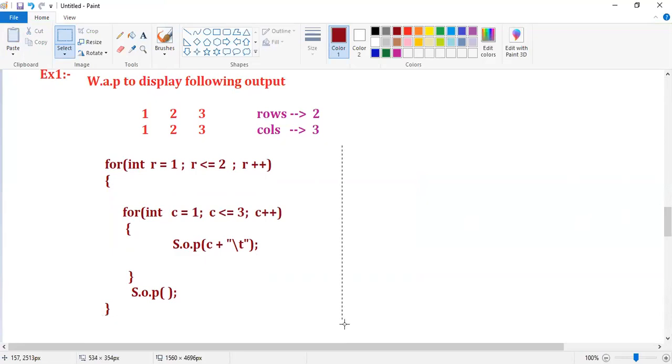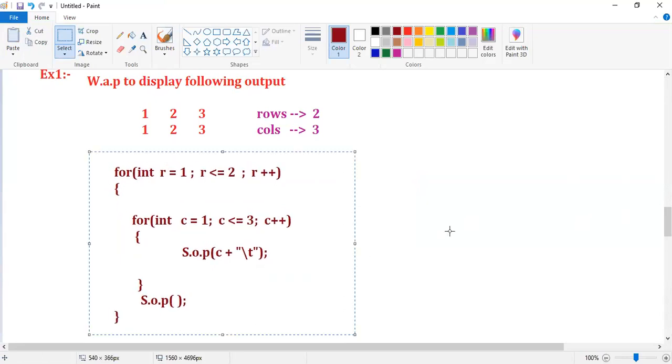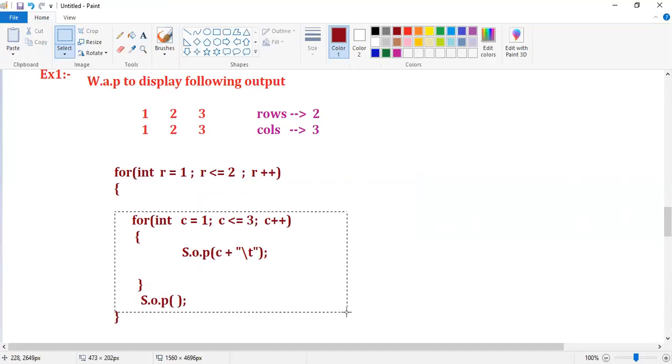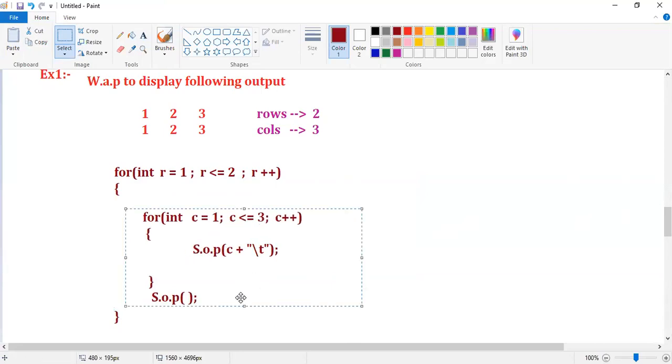Now, how I write the syntax and the flow, in the same way, on this program, mention the flow, guys, everyone.